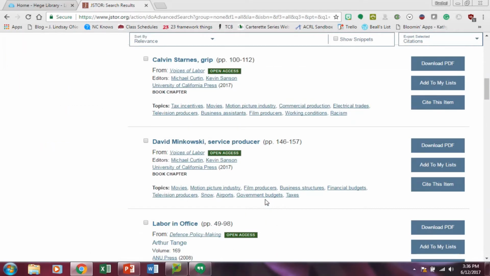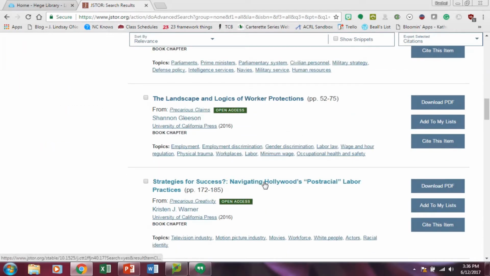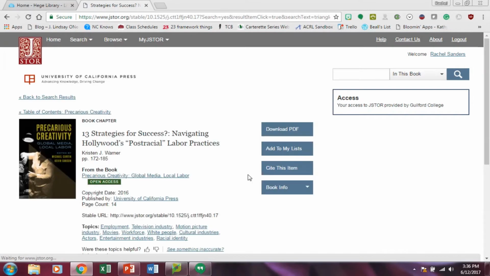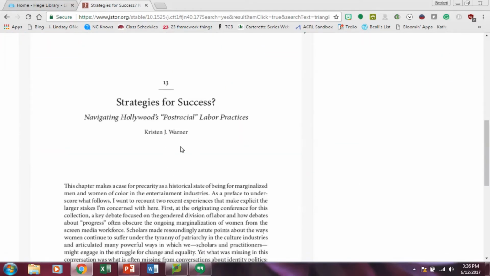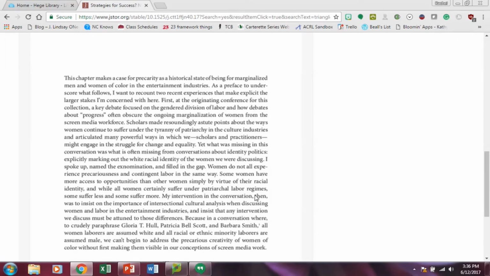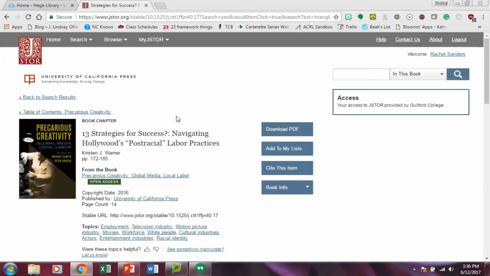But once I find something that I'm interested in, I'm going to click on the title, and it does note here that this is an open access book, so if I wanted to see the entire book I could do that. It is freely available, but this is just one chapter that mentions this topic and kind of goes through it a little bit. So books are definitely something that you can use on JSTOR. I'm going to click on this title,